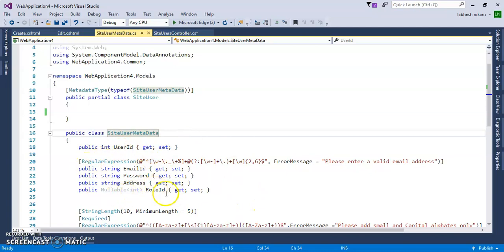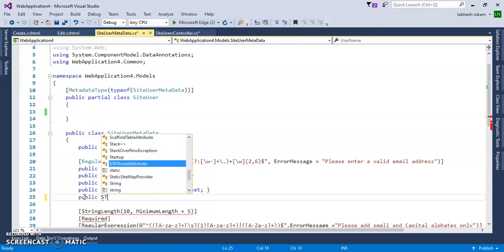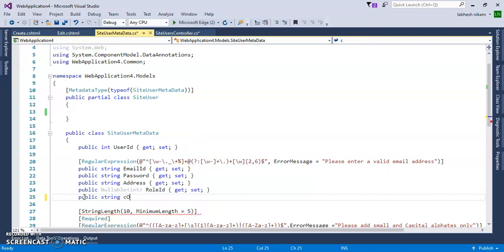To compare the email ID we have to use confirm email ID, and if I use that confirm email ID in this site user metadata, it will give us an error at runtime. So we will add it in the partial class. Let's check what happens if I add it here. Public string confirm email.